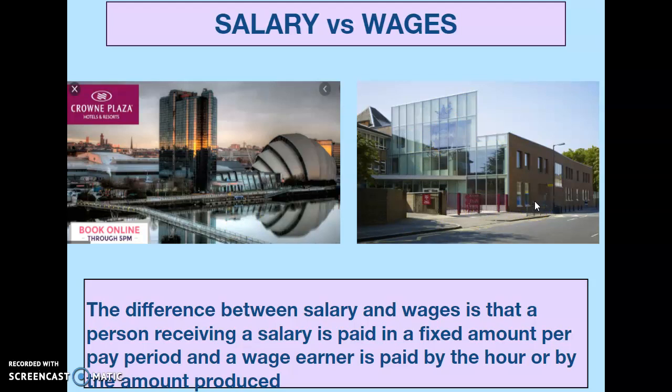The difference is that when I worked in this hotel, my income depended on how many hours I worked. So if I was off sick for a day, I would get no income for that day. Whereas now that I'm working at St Saviour's and St Olave's, I can be sick for a day or two and still get my salary, which counts as something that is fixed.